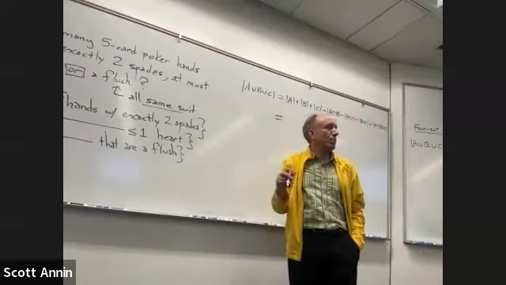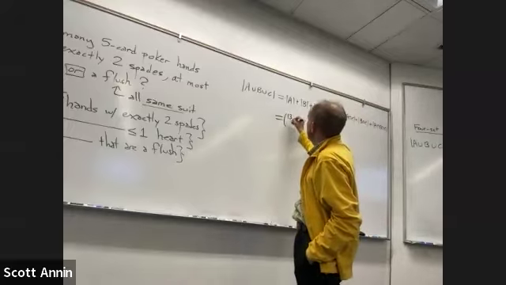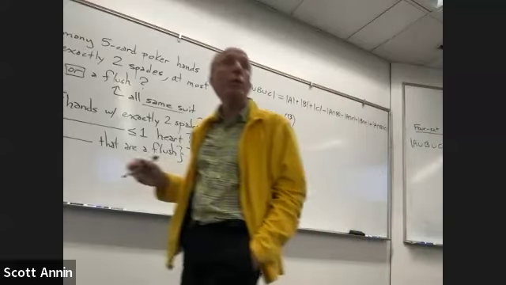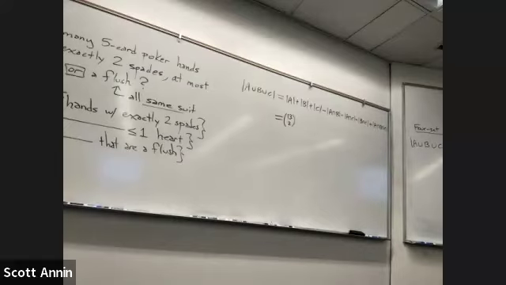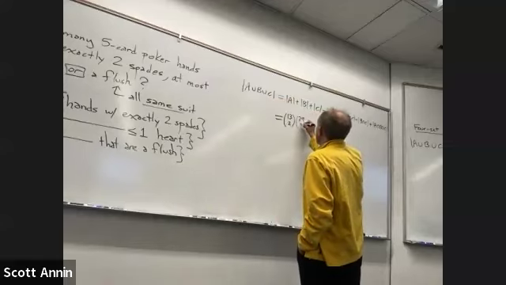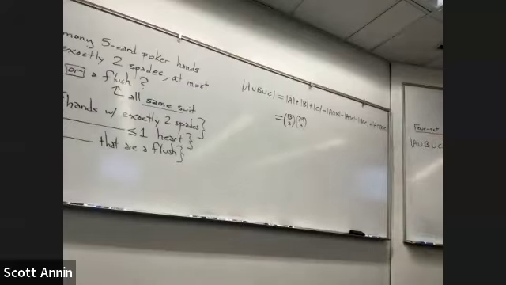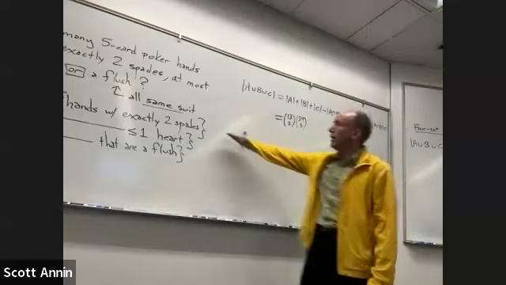Hands with exactly 2 spades. So you know what you're gonna do? You're gonna pick your 2 spades. There's 13 choices. I choose 2 of those. We don't care about the order when we're doing poker hands, so I'm just choosing them. And then out of the other 39 cards, I have to choose 3 of those. So those are the 2 subtasks: choose 2 spades and choose 3 non-spades. Okay? I'm only looking at set A.